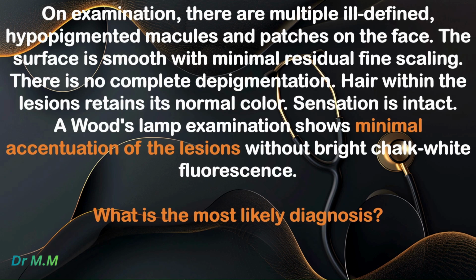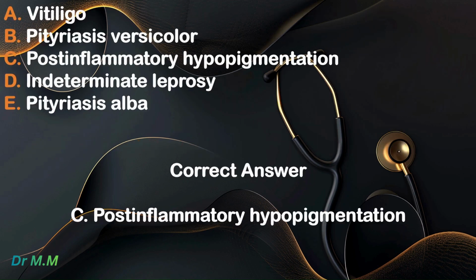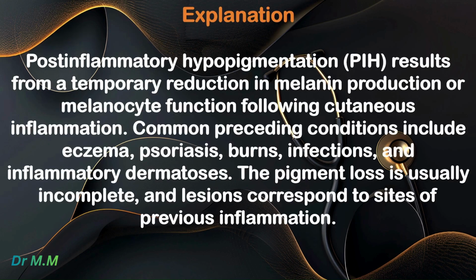What is the most likely diagnosis? A. Vitiligo. B. Pityriasis versicolor. C. Post-inflammatory hypopigmentation. D. Indeterminate leprosy. E. Pityriasis alba. Correct answer. C. Post-inflammatory hypopigmentation. Explanation. Post-inflammatory hypopigmentation, PIH, results from a temporary reduction in melanin production or melanocyte function following cutaneous